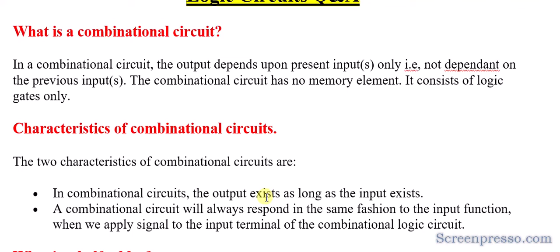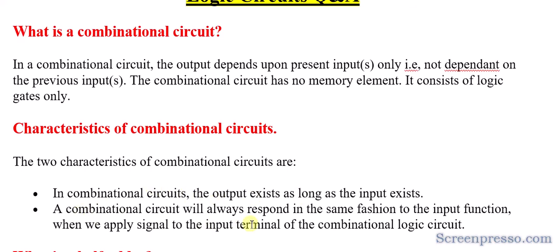For example, take an easy one to understand, an inverter, that is a basic NOT gate. In a basic NOT gate, I apply 0, then I expect output as 1. I apply 1, then I expect 0. If I stop applying the input, then that logical functionality will stop. That means it will stop performing the inversion operation and it will never give me any result. That is what combinational circuits means.